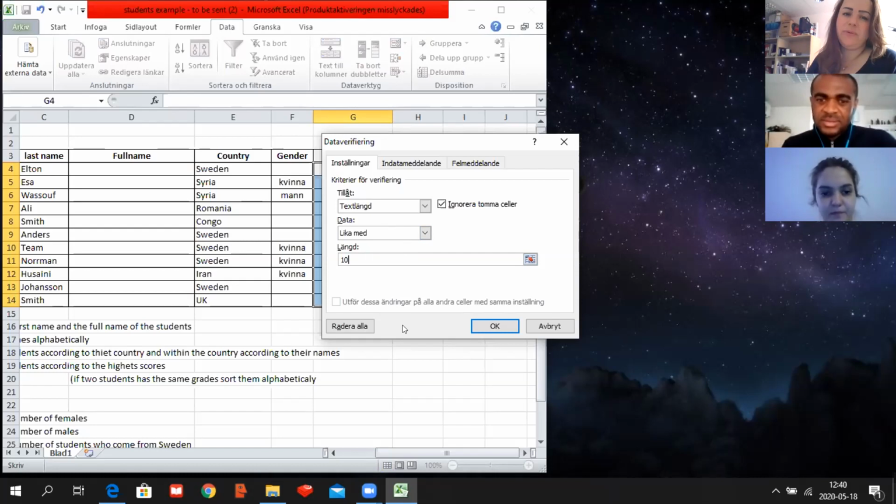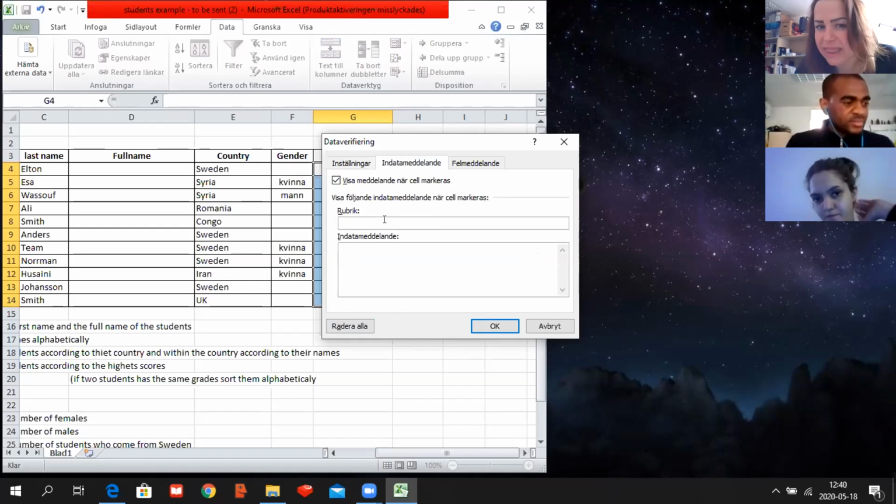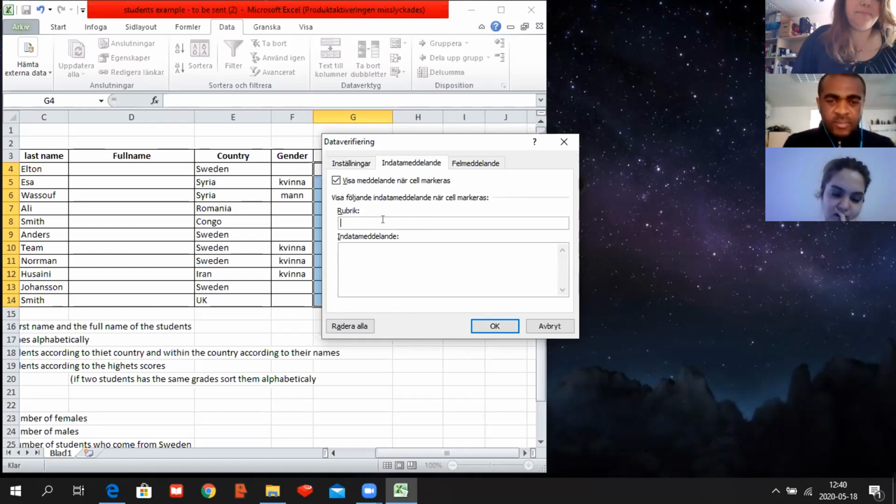And now you have to enter the message. Can I put this one first? The input message and the fail message, yeah. If you want, you don't need to write anything here. It's up to you. But it's better, it will show the user what to do.